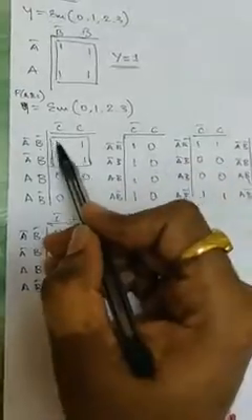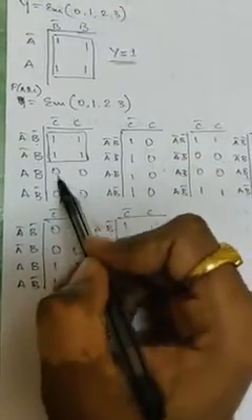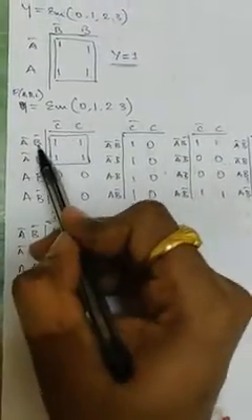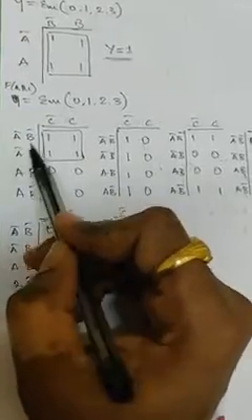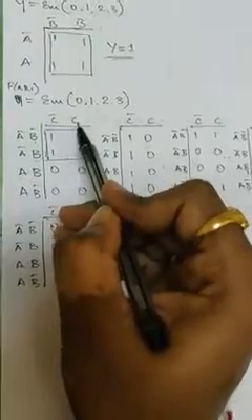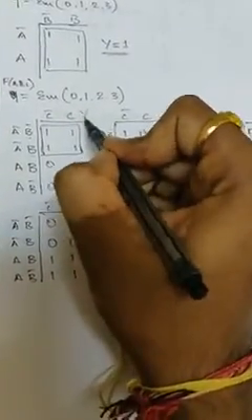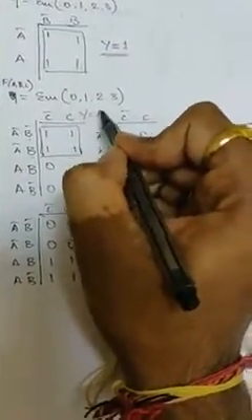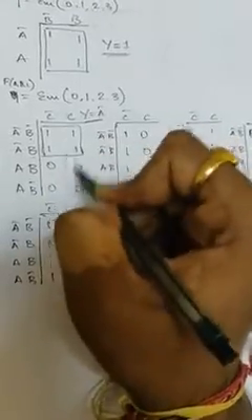Don't get confused. Look at here, you have made a group like this, because the remaining are all zeros. This b bar and b get cancelled, a bar is common and remains as it is, c bar and c get cancelled. What will be the answer? Y is equal to a bar will be the answer for this k-map.